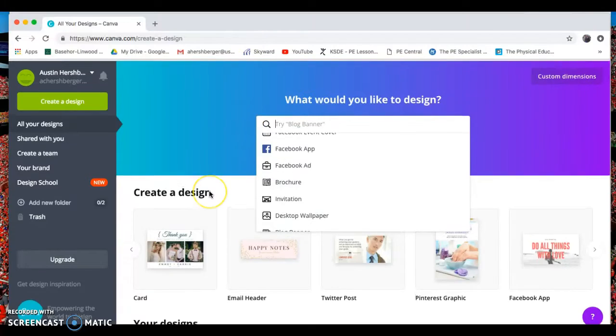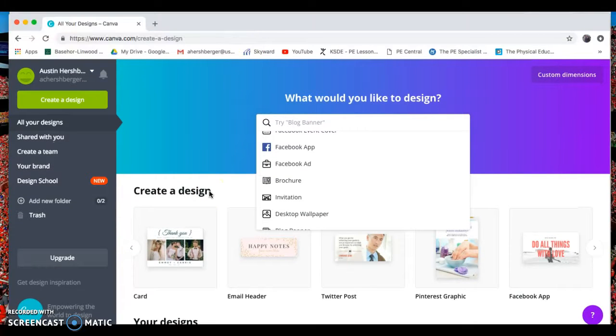The ISTE standards that I chose for Canva are ISTE T1A, which says promote, support, and model creative and innovative thinking and inventiveness. And I also paired TPAC 2 with Canva, which says candidates demonstrate proficiency in oral and written